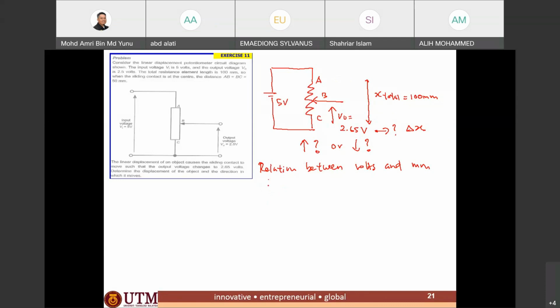Or we can relate, when at BC the displacement is 50 mm